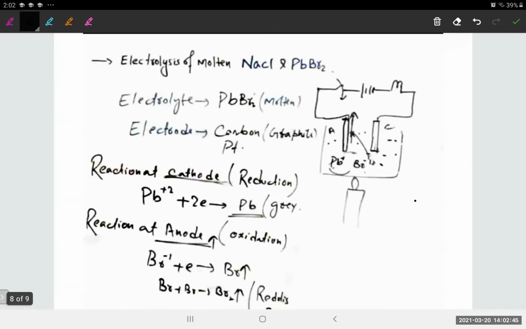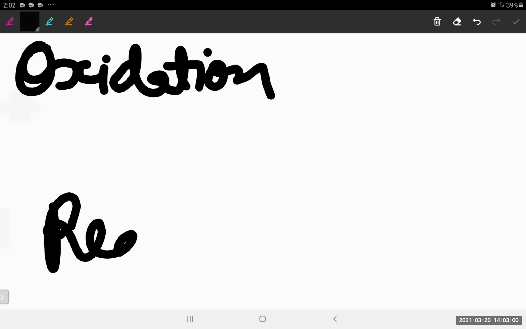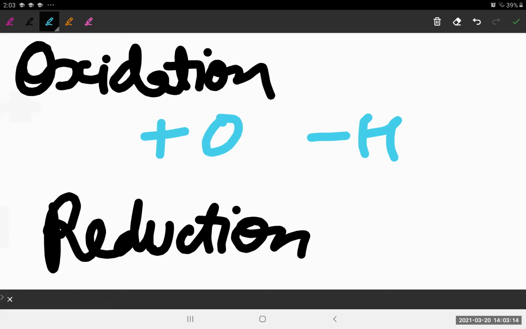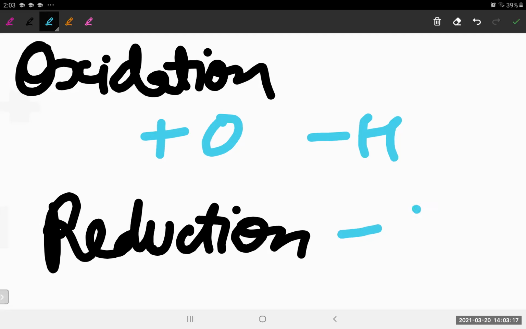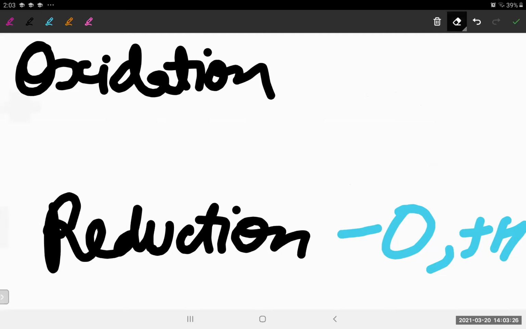So one thing which I forgot to tell everybody is this. Please pay attention, guys. We are now talking about a very serious thing, that is oxidation and reduction. How can I forget to tell you all this? Oxidation, reduction, everybody knows the old-fashioned, old school definition. What was it? When oxygen is being added or hydrogen is being removed, then oxidation is happening. Reduction, what happens? When oxygen is removed and hydrogen is added, reduction is happening, right or not? The same thing which we learned in our previous classes, right?